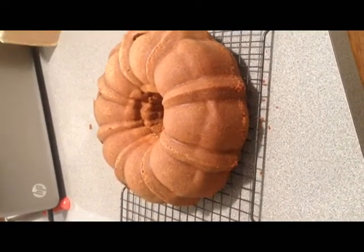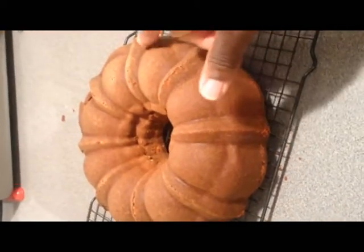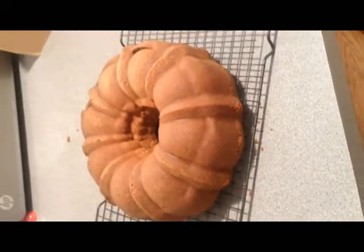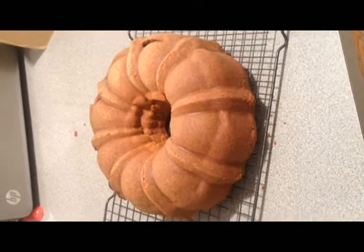You have to be careful how you stick your knife down there. You could cut your sides a little bit, like I did a little bit here, you'll see. But that's not a big deal. We're going to cover that with some icing. So we're going to have to let this cool for about 30 minutes to 1 hour. And then we're going to make us a